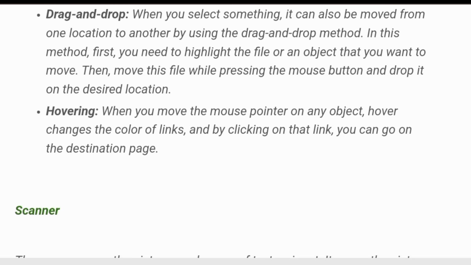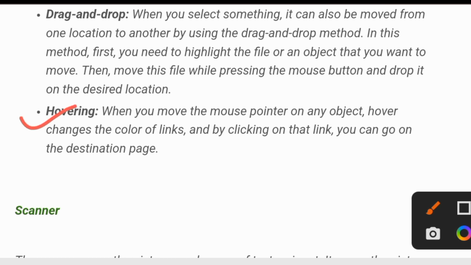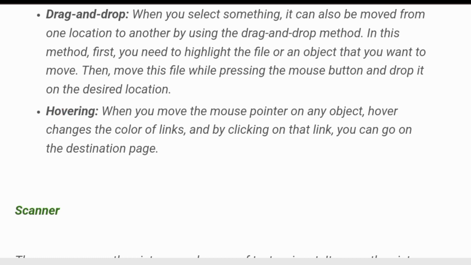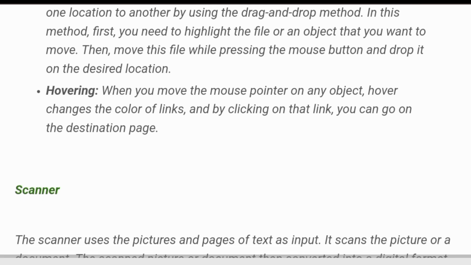Or hovering, which means moving the mouse pointer over any object. Hover changes the color of links, and by clicking on the link you can go to the destination page.